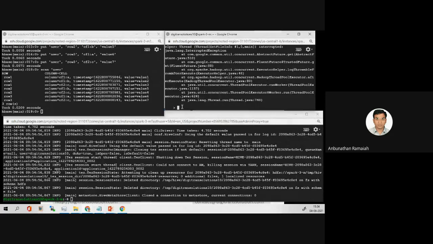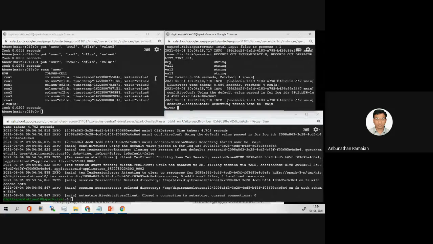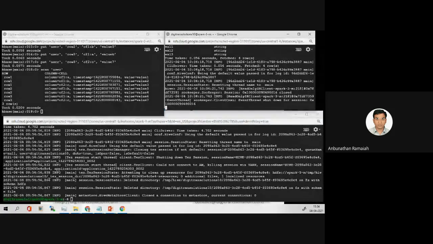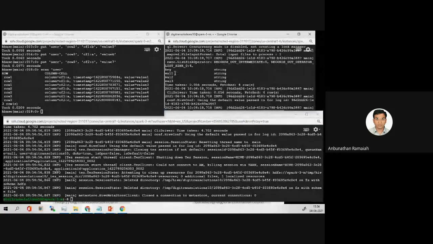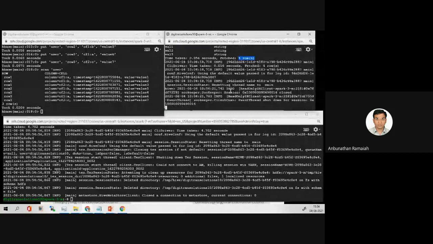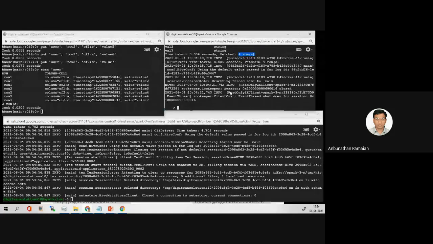Try one more time. Here you see the key and value are displayed. Value 1, value 2, value 3, 4 records basically. 4 rows, 3 records displaying. Okay. Now we'll try to display all values.